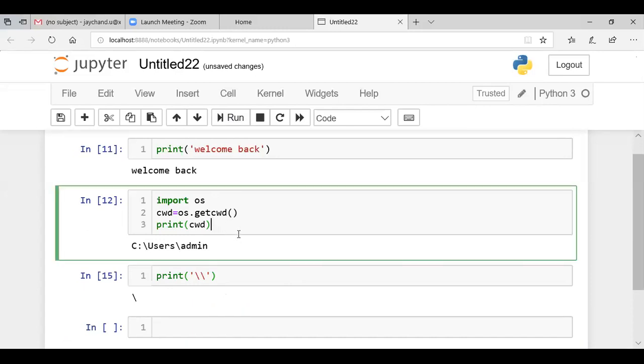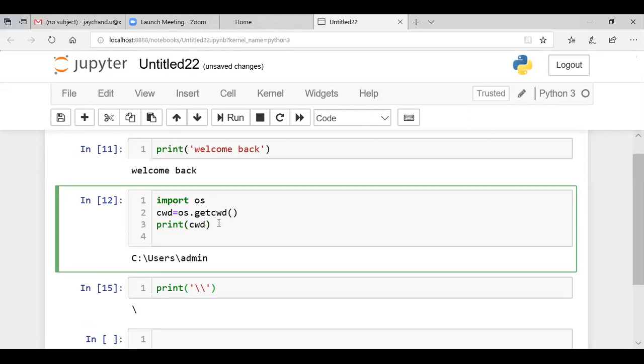So in the program above, I just want to change this path. I will make it normal, where you can see the path is mentioned with the forward slash. So I just want to change that, editing that program with the replace method.